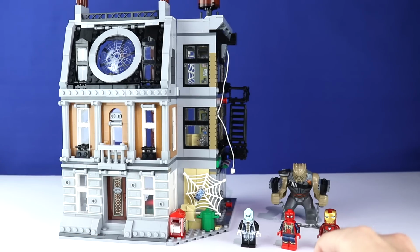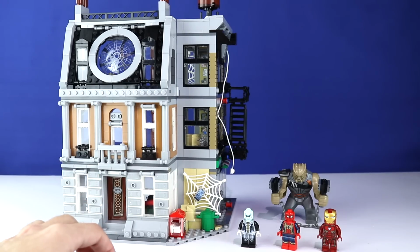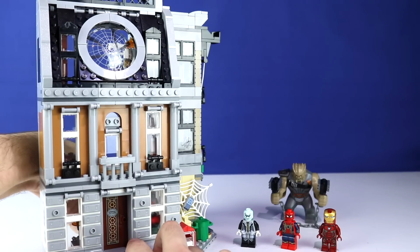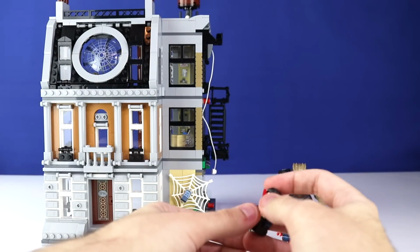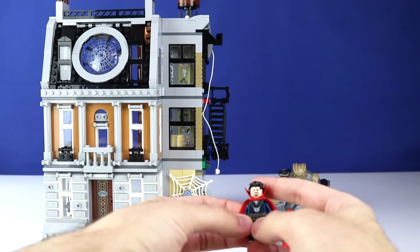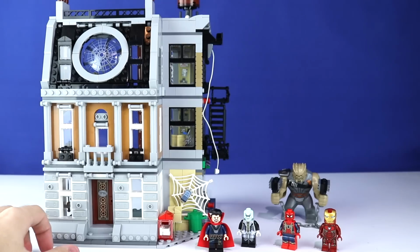I mean, you take a look at this set and everything I just showed you, and then you take the minifigures on top of that. I mean, you've got a lot being offered here. And let me pull Doctor Strange out to complete the shot. I didn't think that I was going to say this set was worth $100, but I was just so impressed by how cool the Sanctum Sanctorum and this Peter Parker's apartment building mashup is that, I mean, yeah,